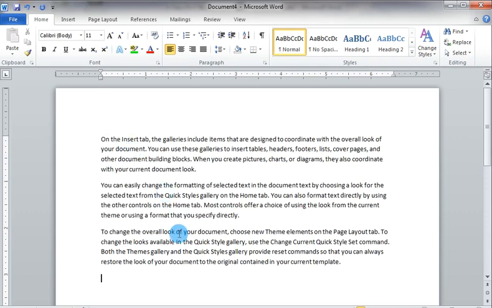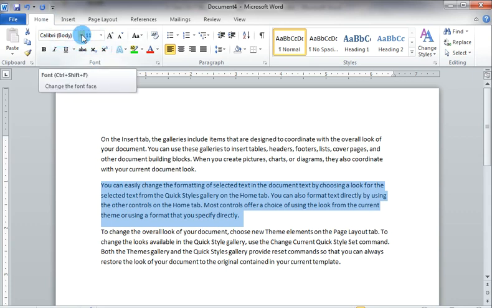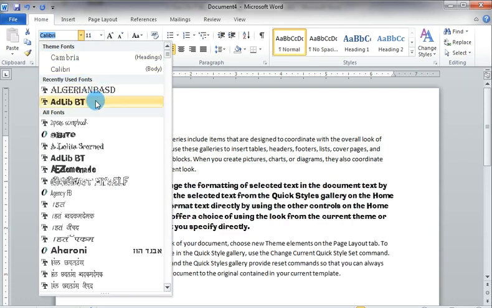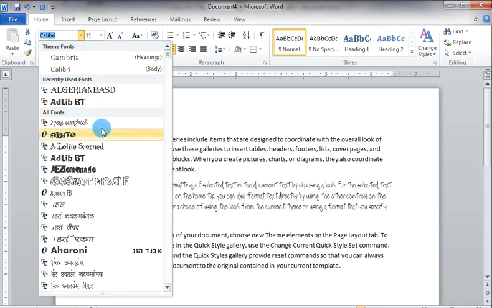To change the formatting, first of all we have to select the text. Then to change the font, click on the Home tab and in font group, by clicking on this font drop down arrow, you can change the font of the text.